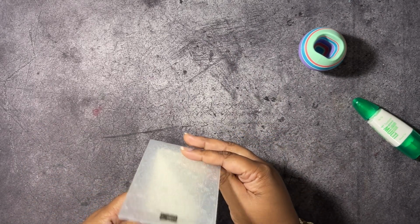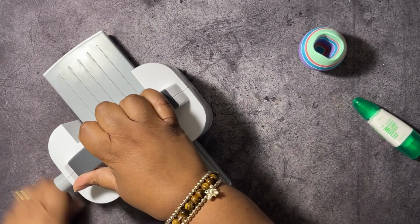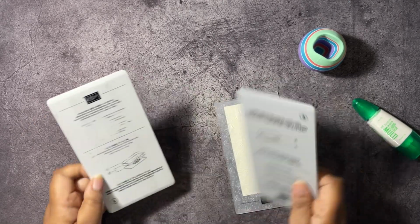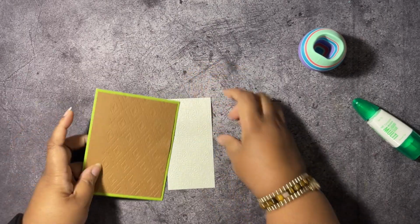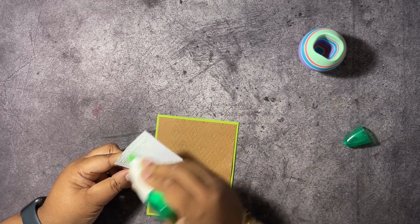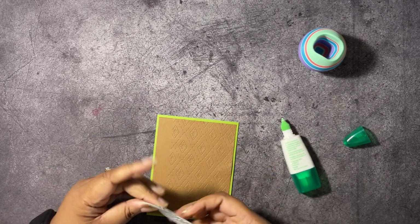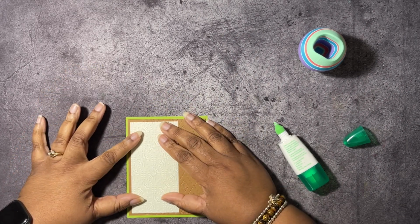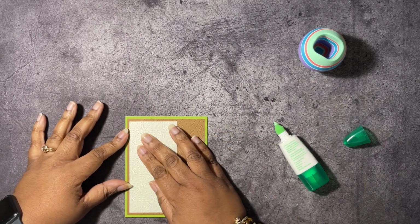So let's go ahead and pop this in here. Okay, so let's go ahead and run this through our baby Boss, our mini Stampin' Cut and Emboss machine. So you got to see both the machines in action today. All right, so here's our piece. I knew something was not looking right. I thought when I designed this, I wanted more texture. That's the word I was searching for. Texture. So we're going to put this on the side here. And this is why I just wanted that side embossed, because we're covering up most of this side. We're going to be covering up a lot of that side too, but